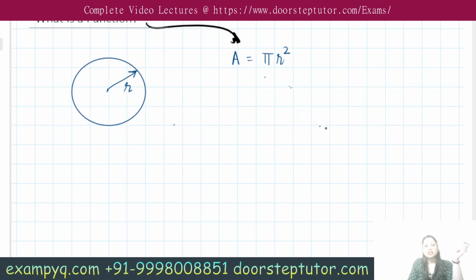Okay, so what is a function? A function is something which relates or describes some kind of relationship between two variables. Here your variables are the area variable and the radius variable. Why am I using the term variable? Because as your r changes, as your radius changes, your area also changes. So if you have r equal to 1 unit, your area will be pi square units, correct? If your r equals 2 units, the area will change to 4 pi square units. So that's why I'm using the term variable over here.